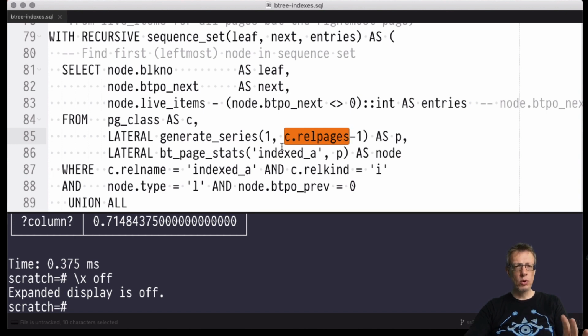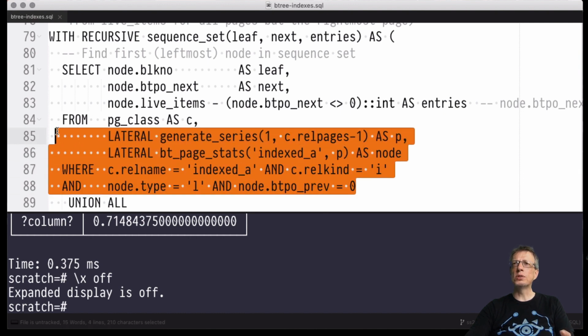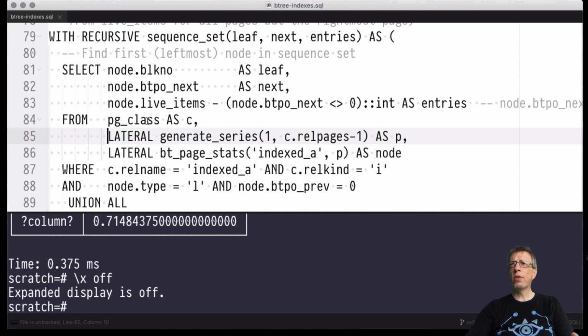But I only want to look at the leaf nodes. I want to walk the leaf node sequence set chain, and I would start at the very left. The leftmost node in this sequence set chain has no previous entry, and that's indicated by this 0 here. So this would actually locate the leftmost page in the sequence set of my indexed B+Tree. And once I found that, I would simply